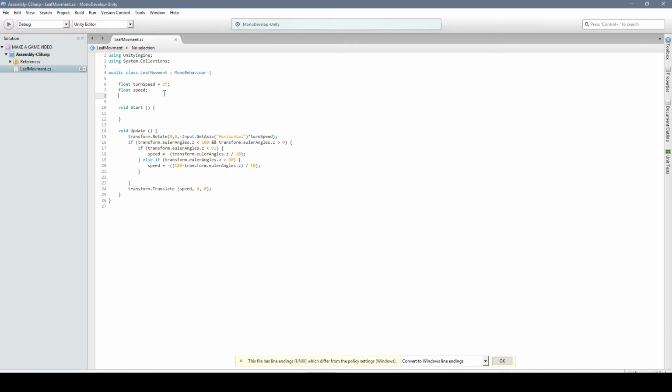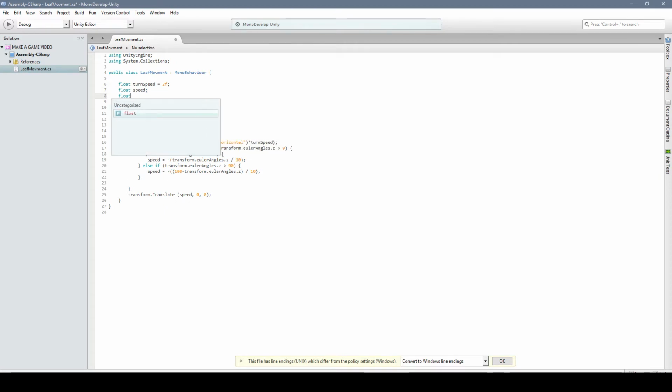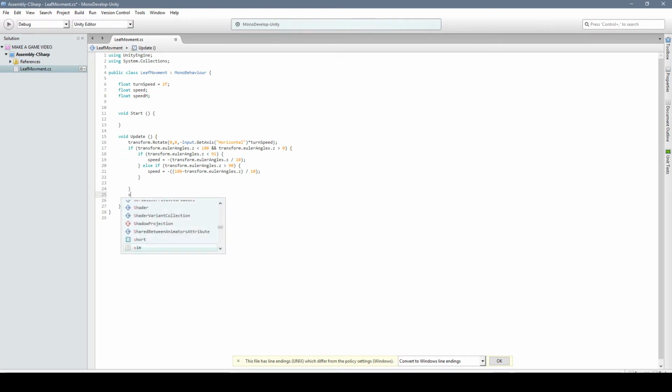So up here, we're going to create another variable. We're going to call it float speed M. I don't know, it just makes sense to me. We're going to say speed M plus equals. So we're adding the new total to itself. We're going to do speed times